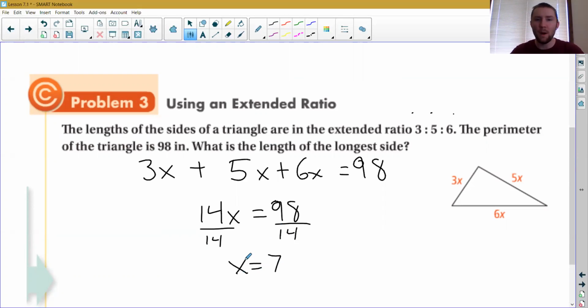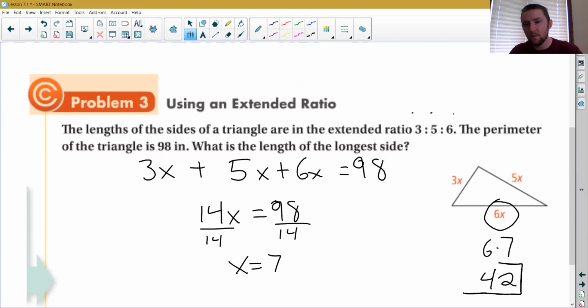problem, right? The problem asks what is the length of the longest side. So they're asking me specifically about this side here. And I know now that x is 7, so if I do 6 times 7, 6 times 7 gives me 42. So this is 42. And I do know the units because they told me 98 inches, so I suppose I could say it's 42 inches if you want. But that uses, like I say, an extended ratio of more than 2 numbers algebraically to